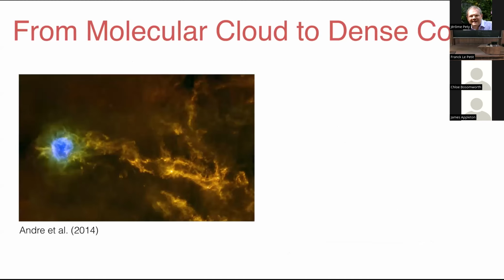Now, for example, once we see some of the Herschel results like this, you can see that Herschel revealed many substructures within molecular clouds. Filaments and cores are clearly depicted in these images. And you can see that the cores are very compact. And in these cases, many of these are protostellar cores. And what we would like to do is to see if we can actually see a transition between the molecular cloud